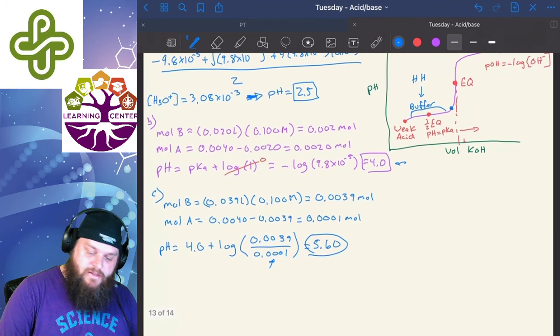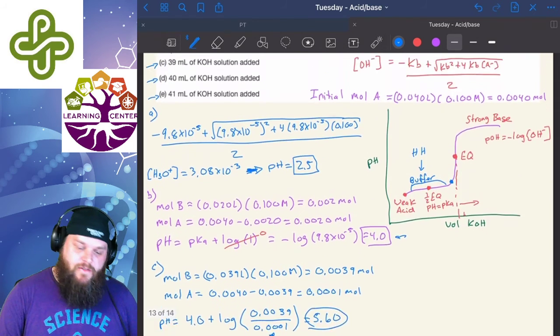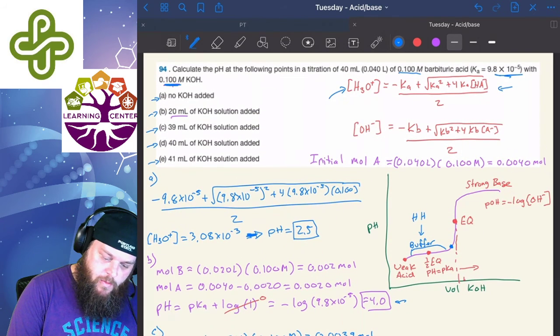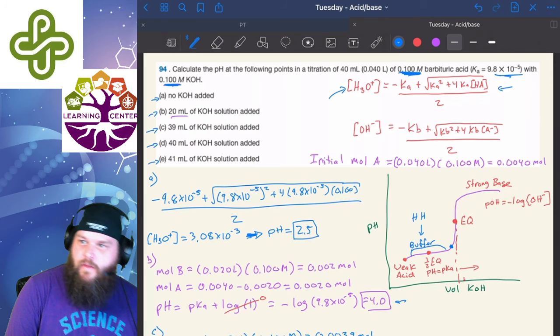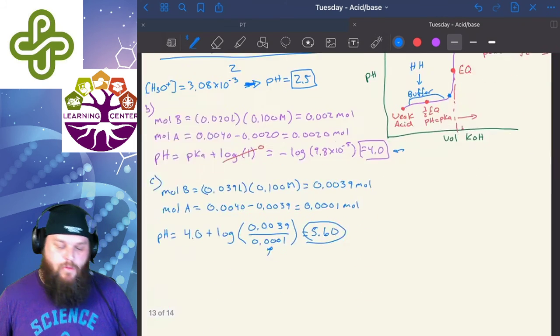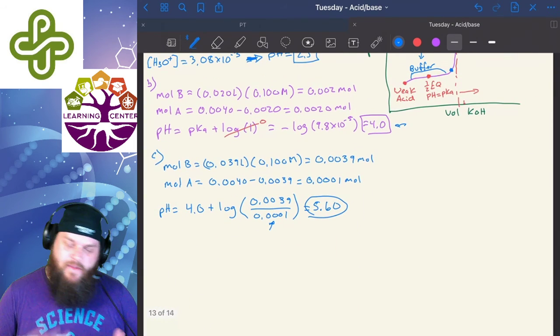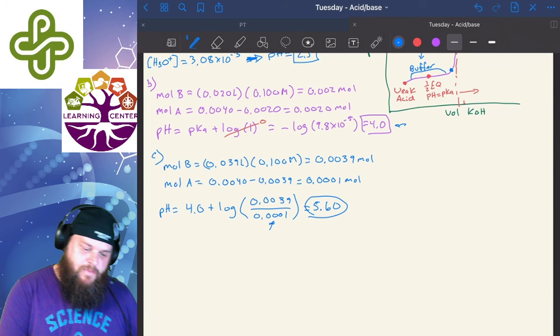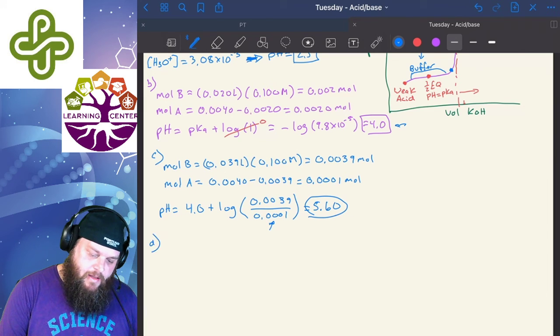So we have equivalence in volume, and since they're the same concentration, they're both 0.1 molar here and 0.1 molar there, we're going to end up with the same mole to mole ratio. So once we have that same mole to mole ratio, we can see that here in part D, so where the mole of B is going to equal,